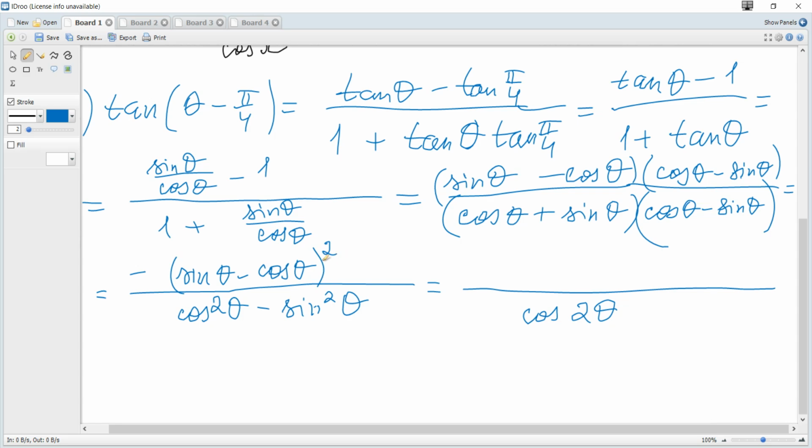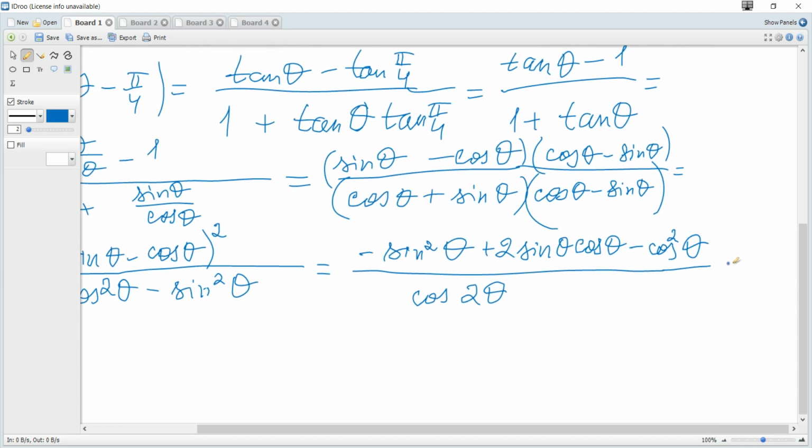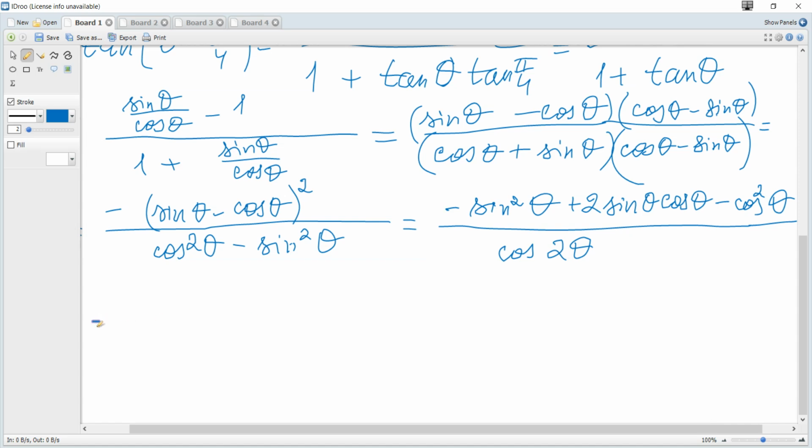It's sine squared, and together with this minus it becomes negative sine squared, minus 2 sine cosine, and together with minus it's plus 2 sine cosine, and plus cosine squared with minus it's minus cosine squared of theta,